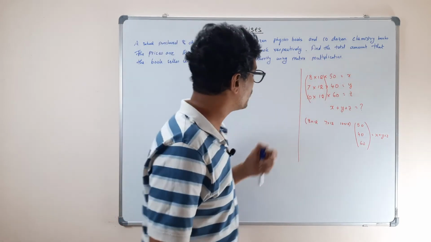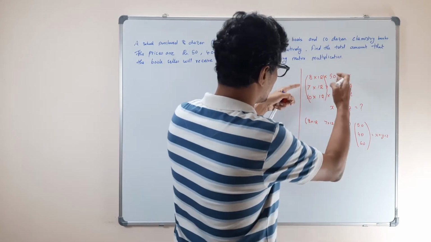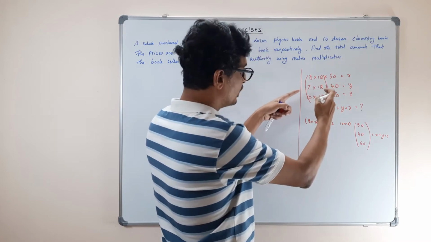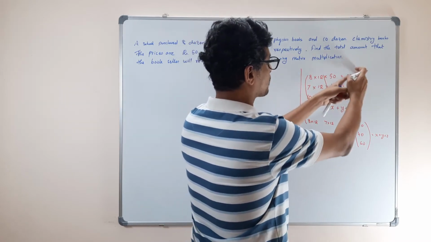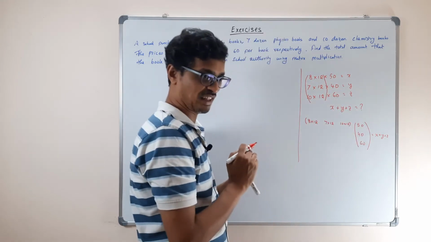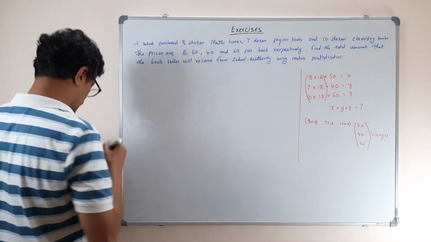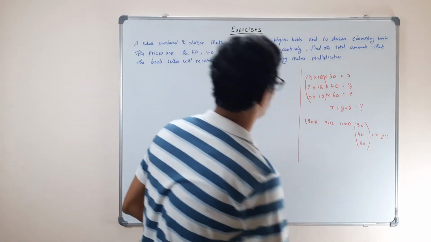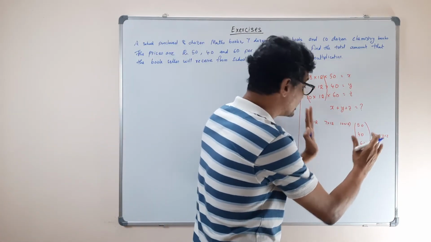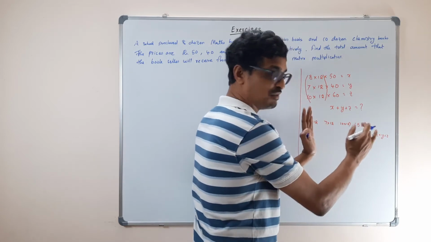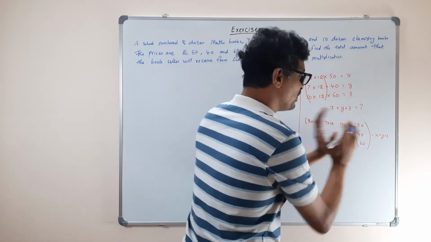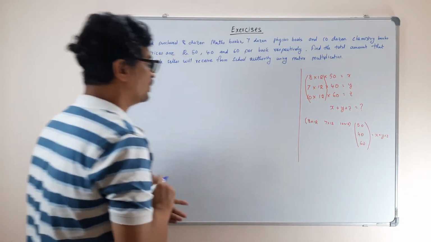Am I right? You understood what you have done, right? You just add up this plus this plus this equal to x plus y plus z. So this plus this plus this, that itself we can write as a matrix multiplication. Okay. So how will you solve the problem? Always for a matrix equation, in the rough you write down this equation and see how you can construct the matrix. Because if you're not given a matrix, you have to construct the matrix and then approach it the same way.